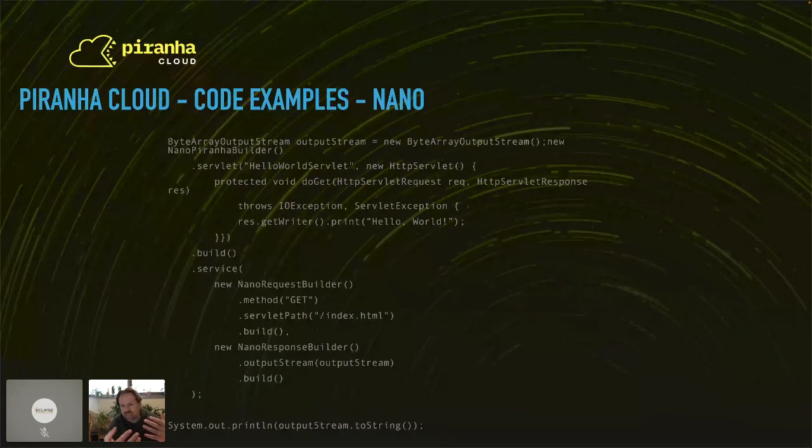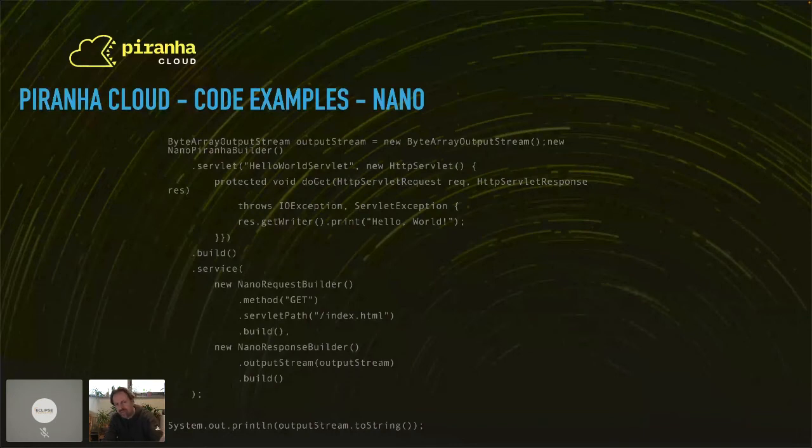You don't deal with HTTP stacks within this code. You just get a request in. And Piranha doesn't deal with this either. So it's just a small facade, so to speak, to give you a familiar servlet environment, but still within the confines of a cloud provider.